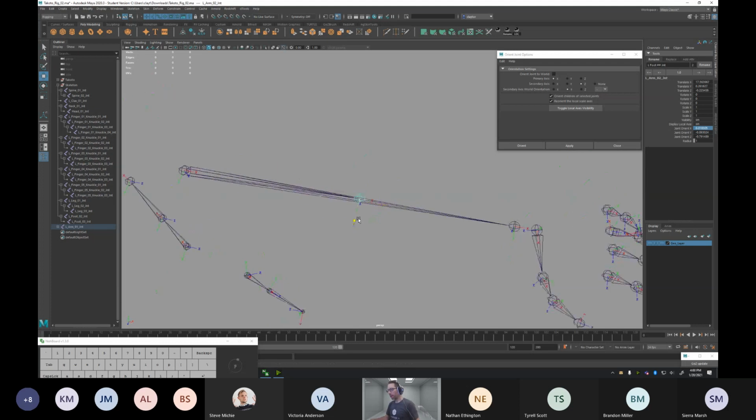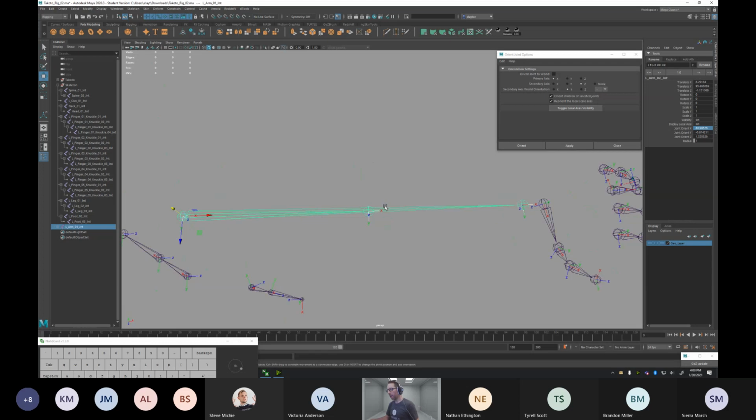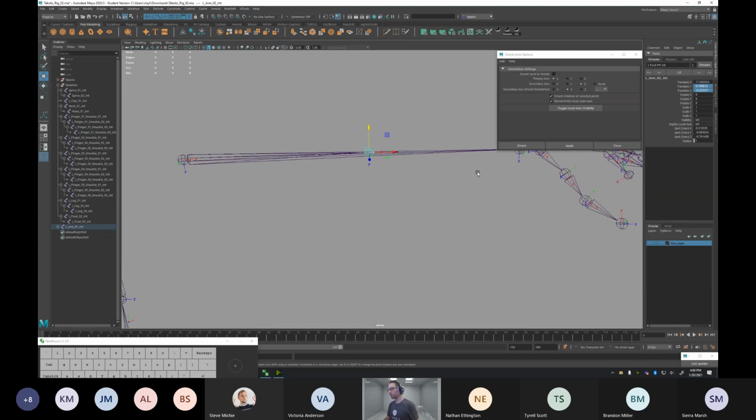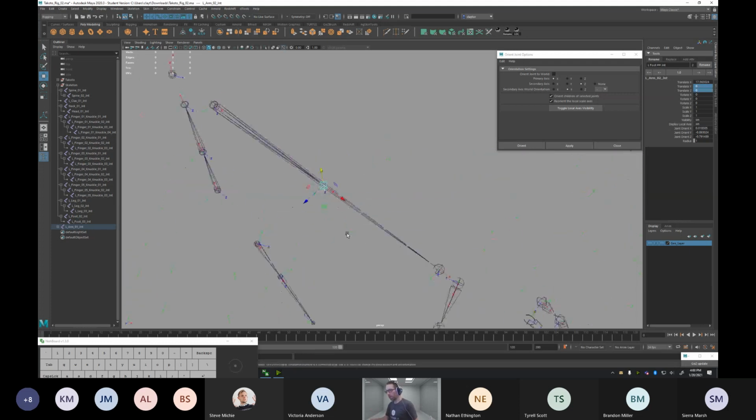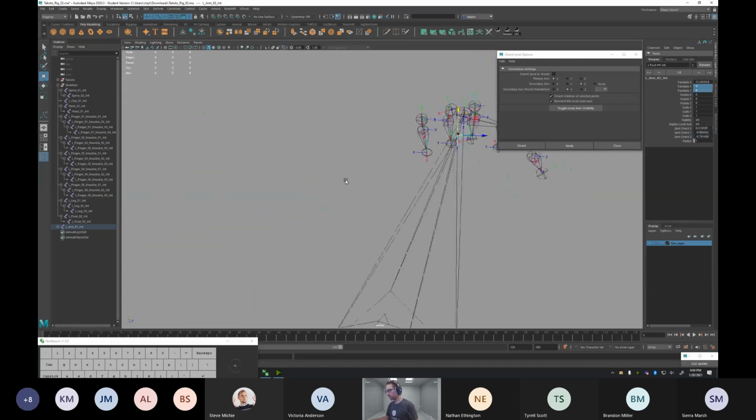Okay, the Y and the Z, I need to get in alignment before I can fidget with the X. So I'm actually just going to take the Y and the Z channels, and I'm just going to zero them out. Let's try that again. Okay. And you can see now that the center of that joint is exactly in the center of